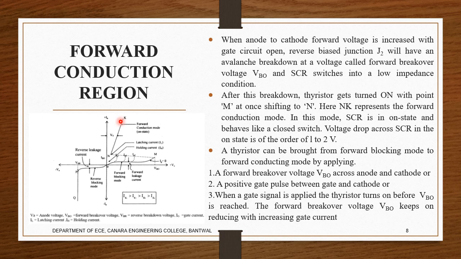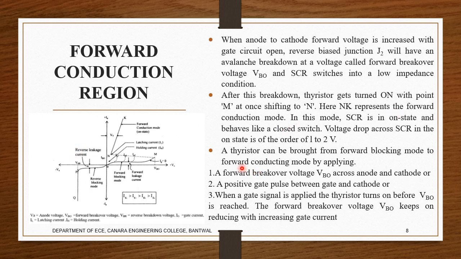Okay, the minimum current required to go on with it is called the latching current. You can see it, this is the latching current. The minimum current required to make the SCR on we call the latching current, and the minimum current required to keep the SCR on, below which it turns off, is called the holding current. That we call the holding current.